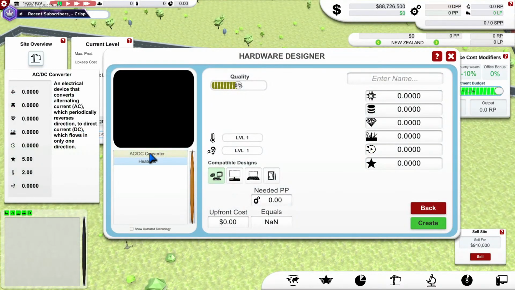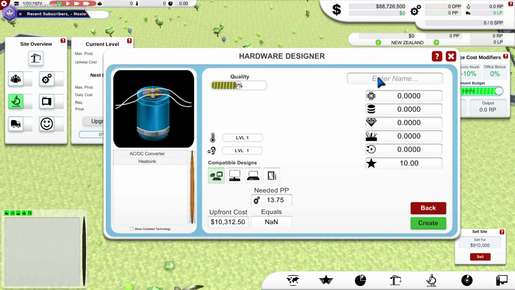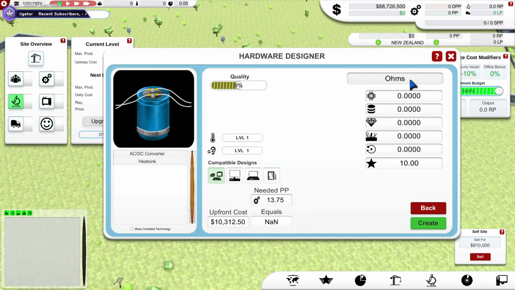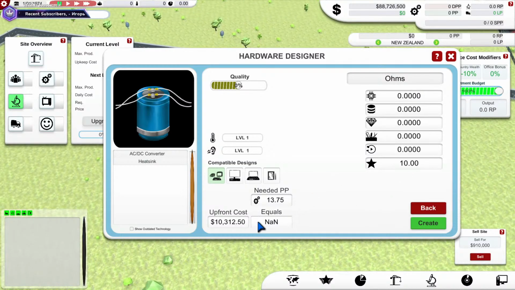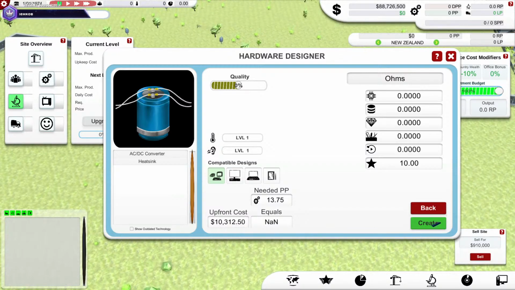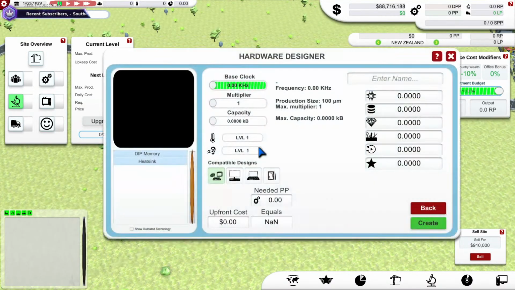We will need our power supply, so that needs an AC-DC converter and a heatsink. We're not going to do anything with quality once again. And we'll call that one. Very imaginative, as I said. And that will cost us $10,300 to produce. So you actually have to pay for all of these items to manufacture them before you can even produce your